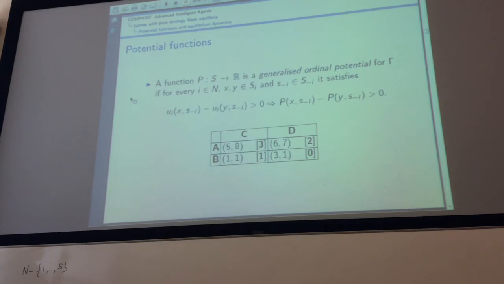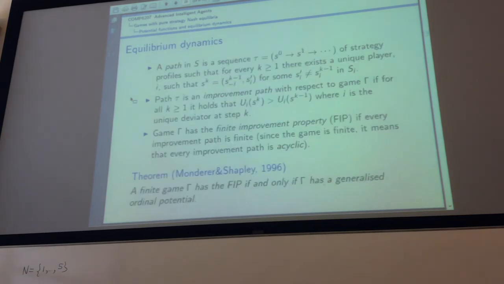So there are 3 levels of potential functions, but the weakest is enough for the existence of a pure-strategy Nash equilibrium. And in fact, that's a full characterization. Now, what we said is a little bit more than just having a pure-strategy Nash. It actually says that if we start from any profile and let the agents one by one, in any order,